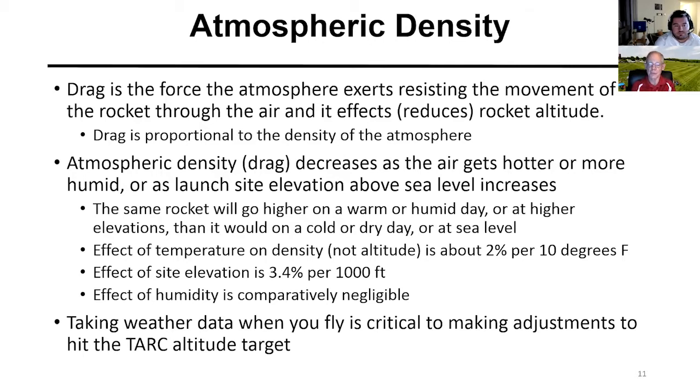So if you're a team from Colorado flying at 6,000 feet and you were to fly in the finals at Great Meadow, which is 600 feet, you need to know what to do to make sure that your rocket, which went exactly 800 feet in Colorado, doesn't go only 760 feet at Great Meadow. Well, the air is denser. But you could have figured that out before you came.